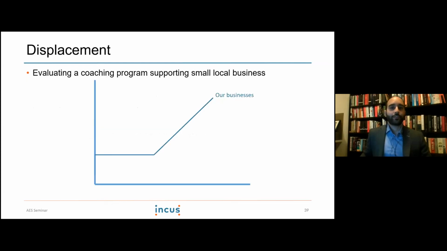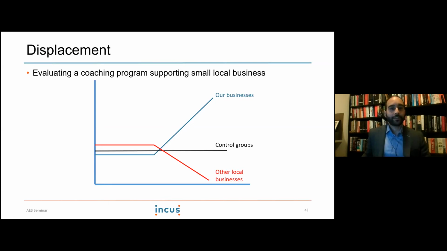So just to talk through an example, we run a coaching program supporting small local businesses. We track it over time and we see that our revenue for those businesses that we've coached has gone up. We're extra good and we established a control group and we measure their revenue over the period and we see that it's actually stayed the same. So our program looks quite good. But then we look at the revenue of other local businesses in the area and we see that it's gone down. So really there's been no net change there. The revenue and the value has gone to our business and it's been taken away from somebody else.